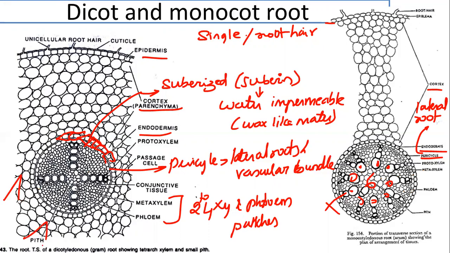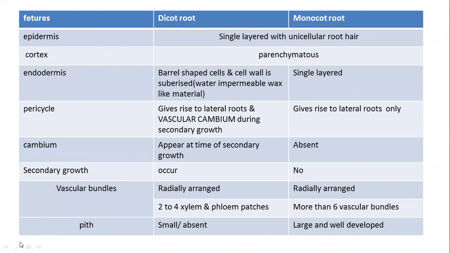Pith will be present in dicot, but it is very small, and it may even be absent, invisible. But in monocot the pith will be very large and well developed. So this is all about dicot and monocot roots. Hope you all understood. Again, I'm saying just remember the locations and the differences among them. For example, what this endodermis is going to do in dicot, whether it is present or not in monocot, and if it is present, what the differences are. Based on a distinguished tabular column, you can read this easily. I have provided the tabular column for your further reference.